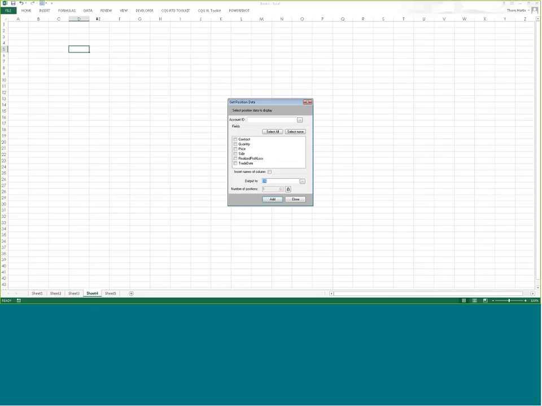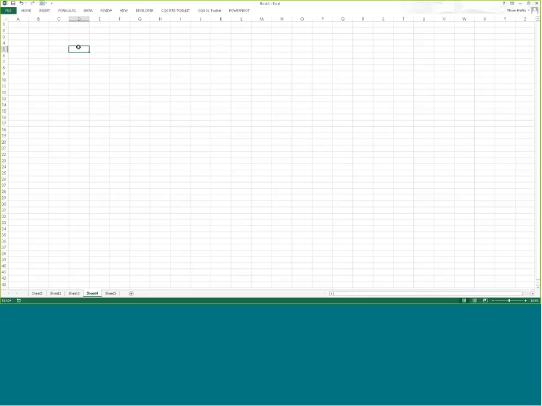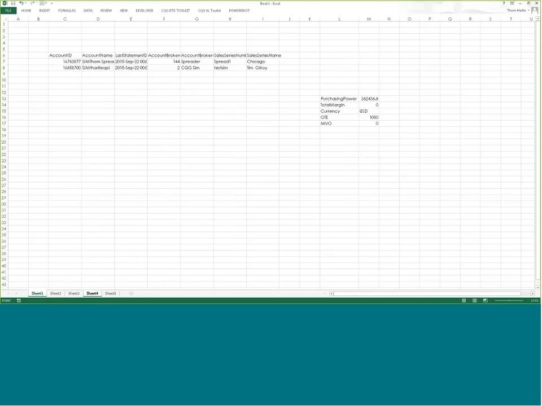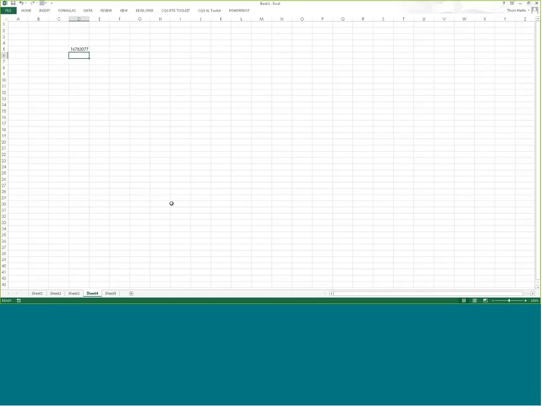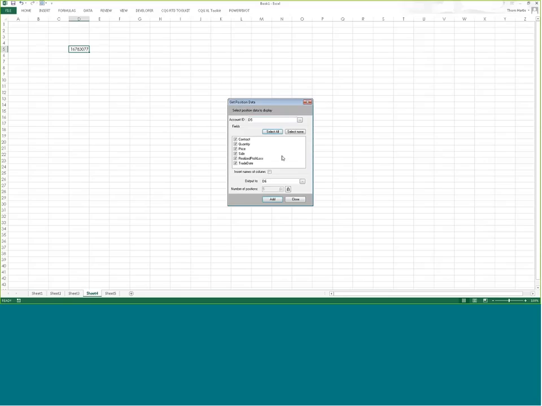positions data. I need my order ID. So I'm going to close this. I'm going to bring that over here. There's a link from this page. And then I go ahead and positions data. Order ID is here. Select all, insert names, and then